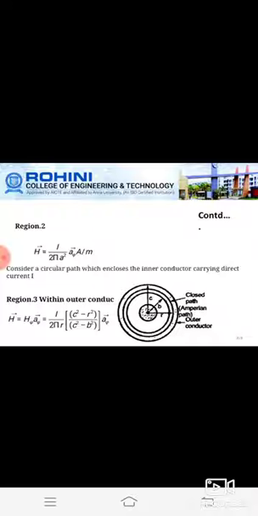minus of r square minus b square divided by c square minus b square of I. So here we can say this I double dash is the current in the inner conductor, and the I enclosed is the total current, that we can say as I double dash plus this I dash current. So applying Ampere's circuital law, that is closed integral of H vector dot dl vector is equal to current enclosed. So this magnetic field intensity is again in the direction of a phi. So we are writing H vector is equal to H phi into a phi vector, and dl vector is equal to r dphi into a phi vector.